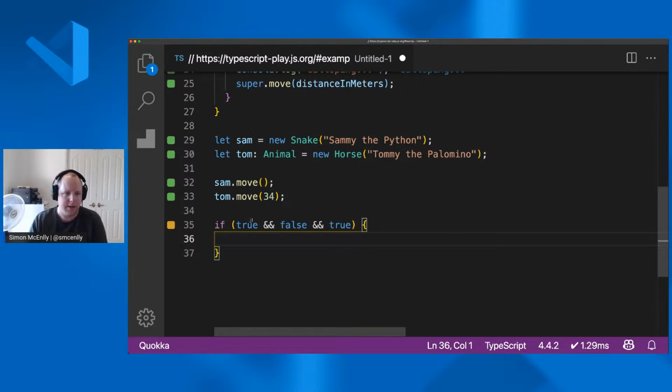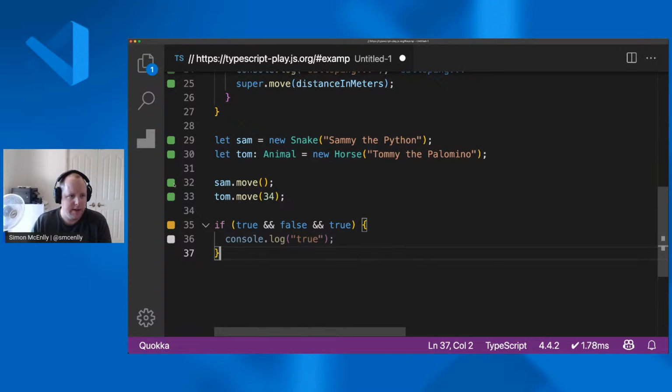Similarly, we know that because this always evaluates to false, the body of this if statement is never going to execute. So if I was to do something here, I've actually got GitHub Copilot installed and running, so I might just take this console log true suggestion. And you can see we actually have a different color indicator now. We've got a white or gray indicator. And that means that this line of code didn't execute at all.